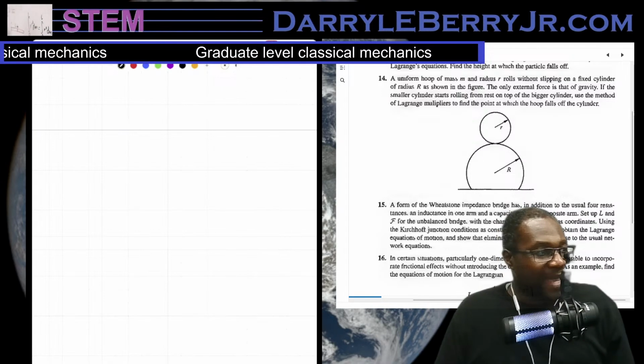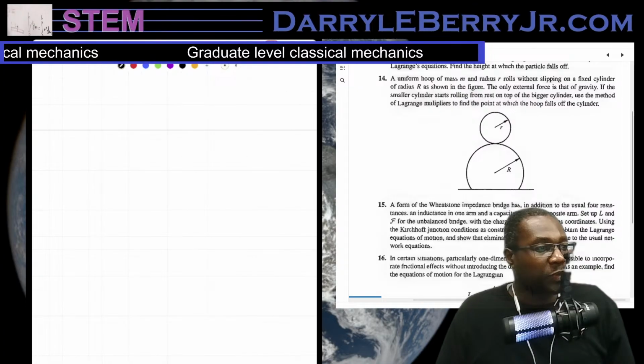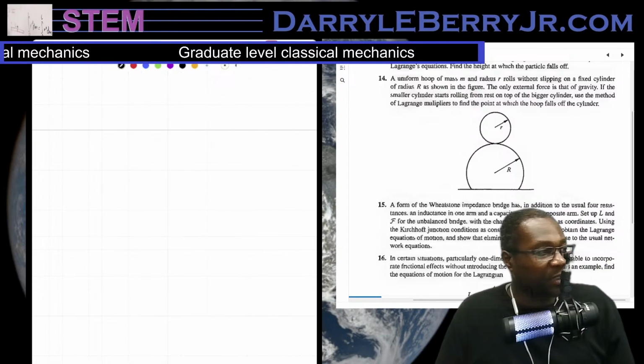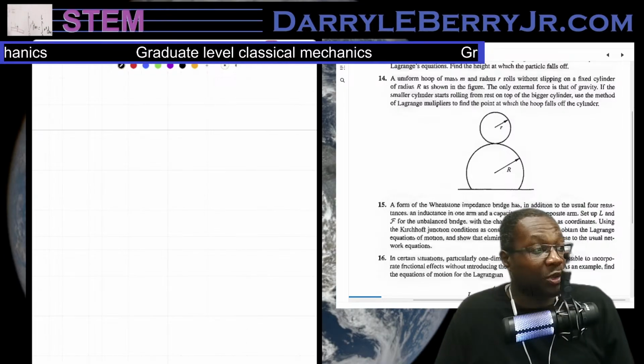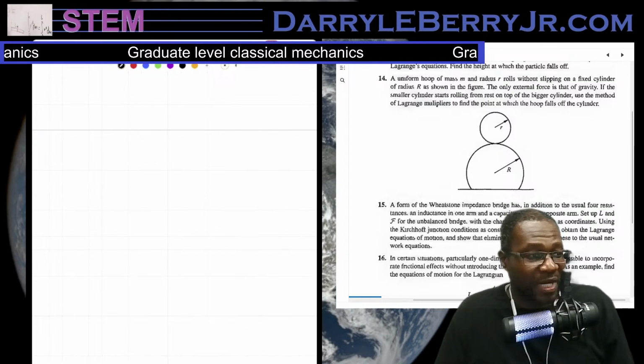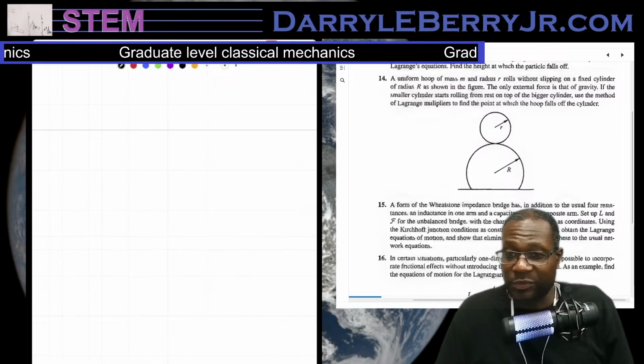A hoop of uniform mass m and radius r rolls without slipping on a fixed cylinder of radius R as shown in the figure. The only external force is that of gravity. If the smaller cylinder starts to roll from rest on top of the bigger cylinder, use the method of Lagrange multipliers to find the point at which the hoop falls off. So we'll start actually with